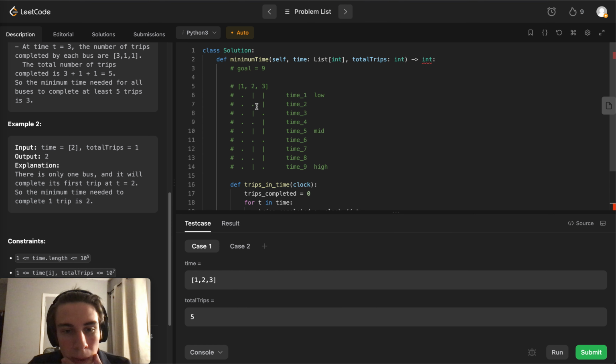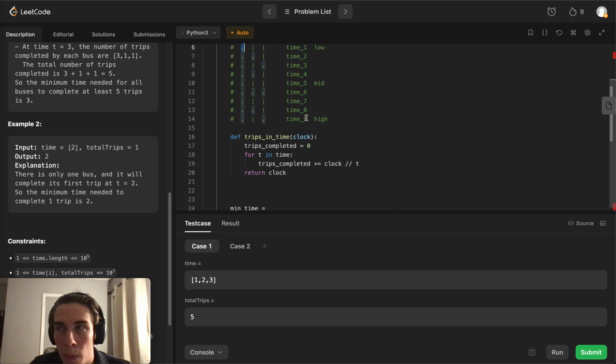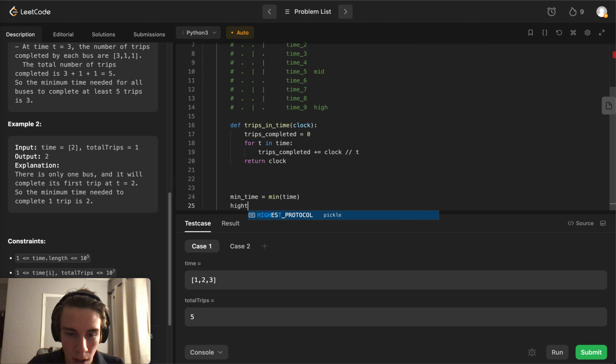What's our min time? What would be the minimum time possible for any trip to? So here, I guess min time isn't very important to set correctly right off the bat, but let's just call it min of the time array, and the high or